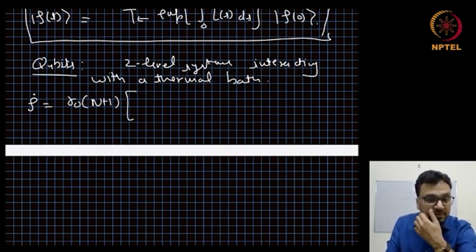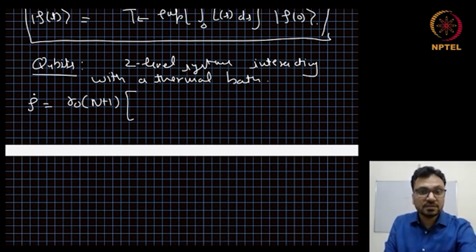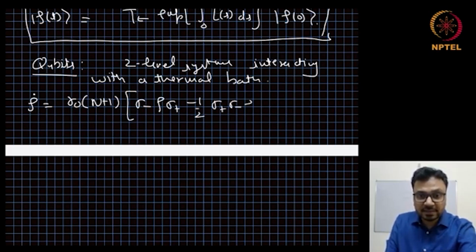We are just talking about the dissipator. We are not interested in the Hamiltonian dynamics or the Lamb shift Hamiltonian. That will be sigma minus rho sigma plus minus half sigma plus sigma minus rho minus half rho sigma plus sigma minus,